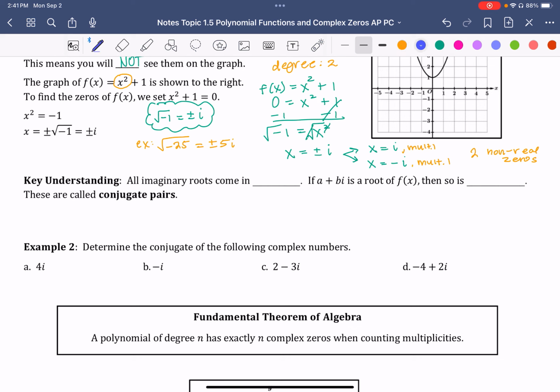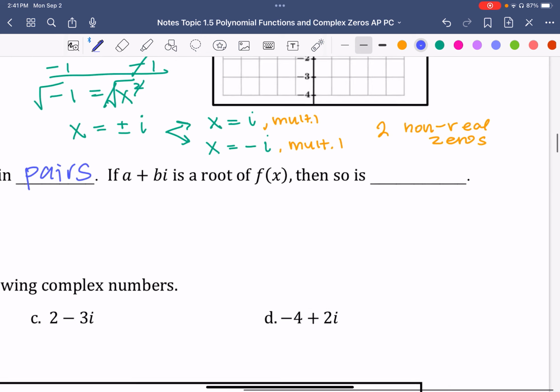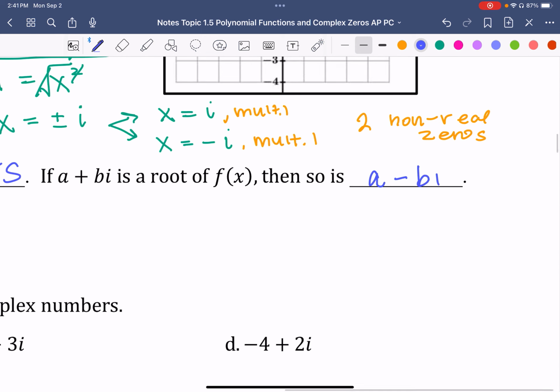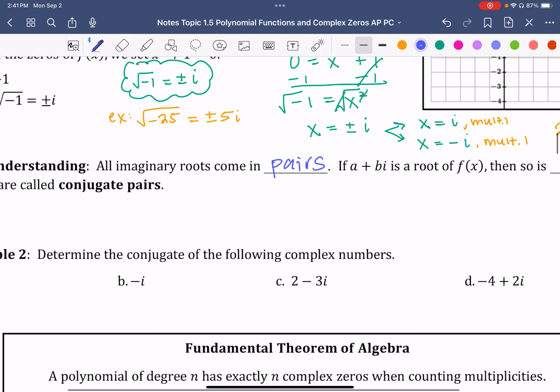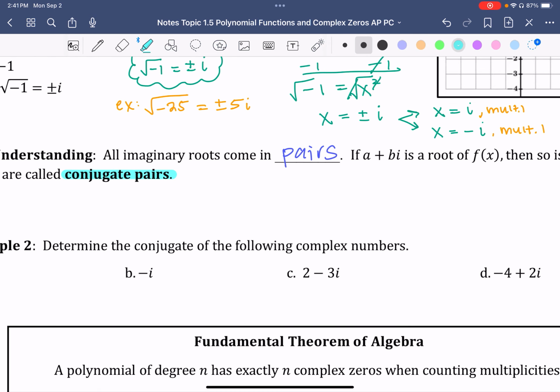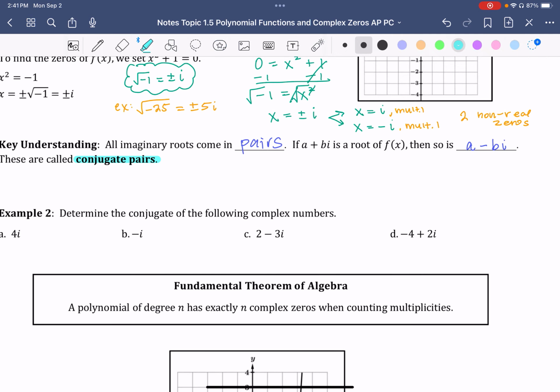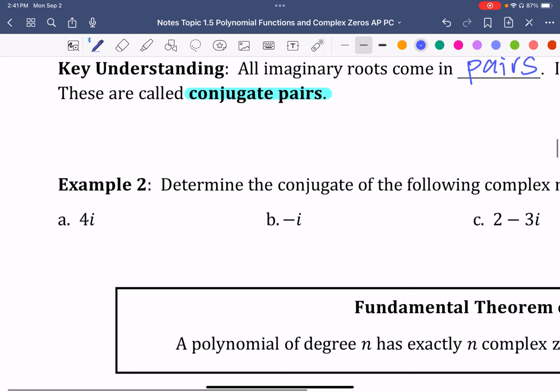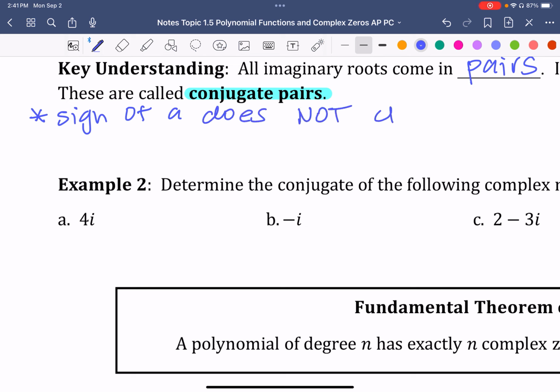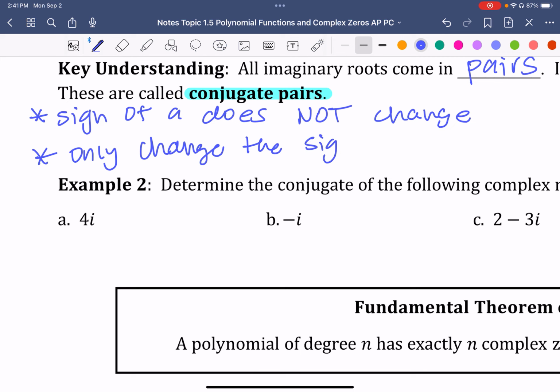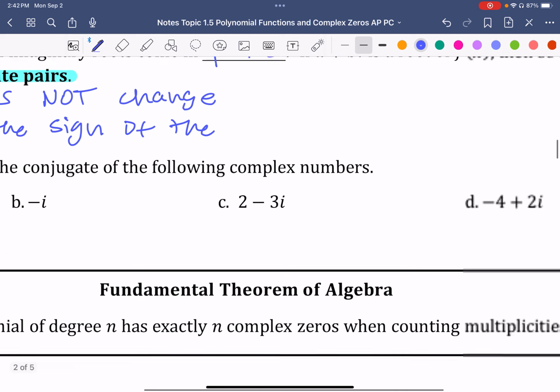All imaginary roots come in pairs. So if a plus bi is a root of f of x, then so is a minus bi. Okay, these are called conjugate pairs. That's a new vocabulary word. You can underline or highlight that. When you're finding the conjugate pairs, I'm going to make a note here. The sign of a does not change. You will only change the sign of the term